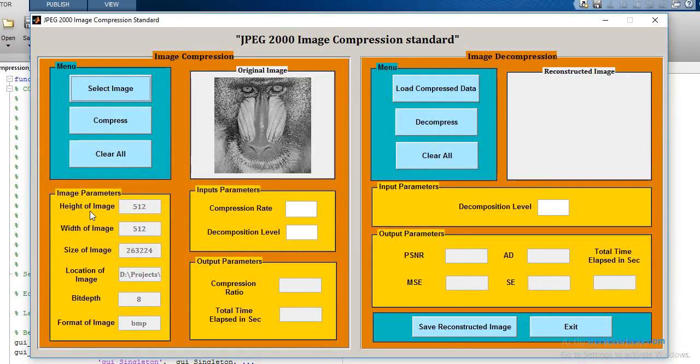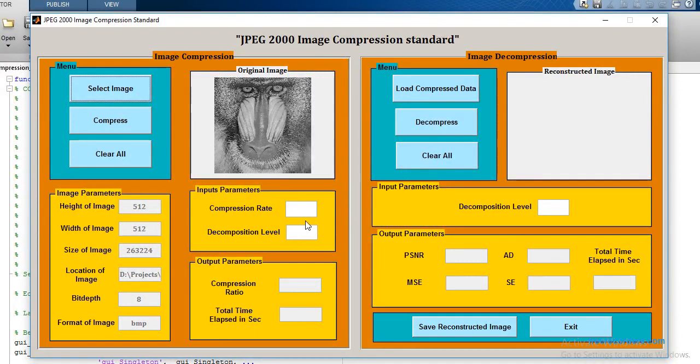The height of the image and the width are displayed, the size of the image in bytes is equal to 263224. This is the location of the image, it is stored in D drive. This is the bit depth of the image, it is equal to 8. It means that this image is a grayscale image and the format of the image is BMP.